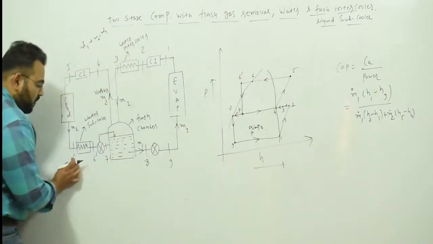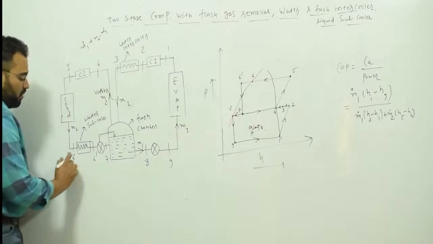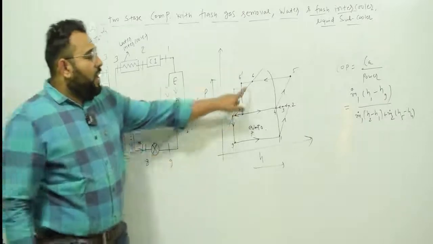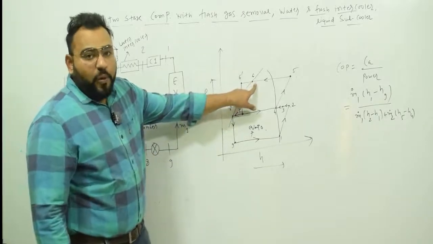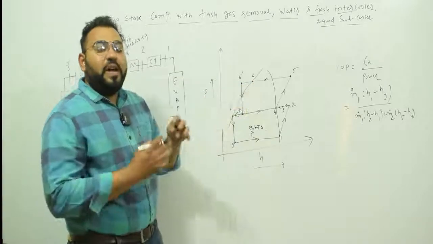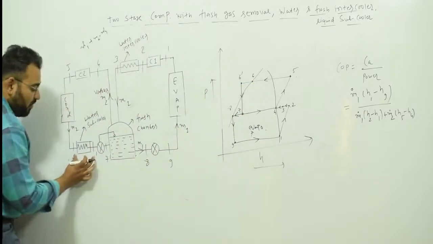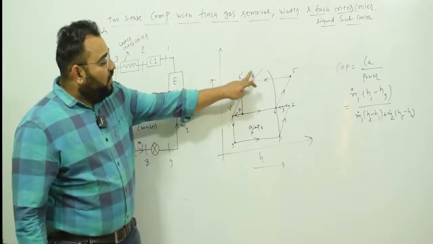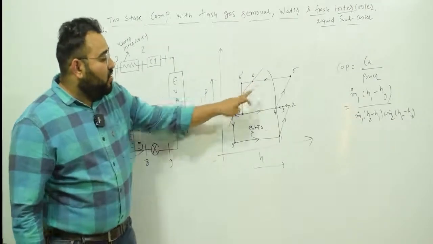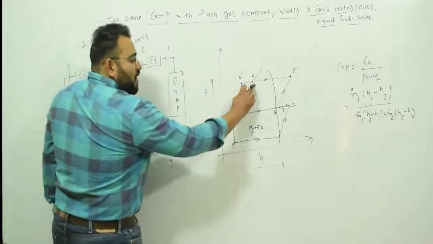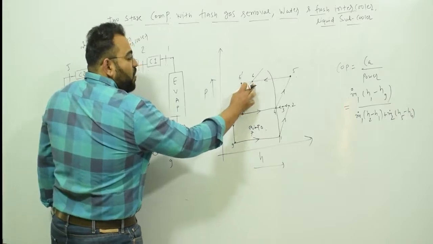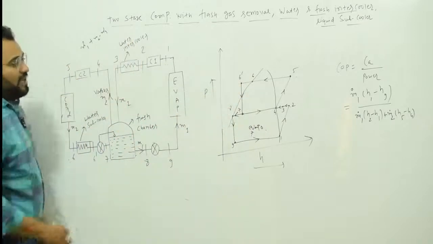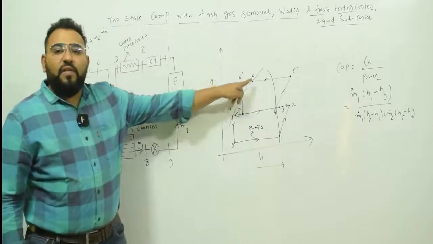Now what we will do, here we will use subcooling. You can see that between point 6 and 6 dash, there is a water subcooler. At point 6 we are on the liquid line, and now we are going to cool it down further with this water subcooler, from point 6 to 6 dash. We know that at point 6 you are already on the liquid line. If you cool it down further, you will reach the subcooled region. So at point 6 dash you are in the subcooled region. So we have done the subcooling.